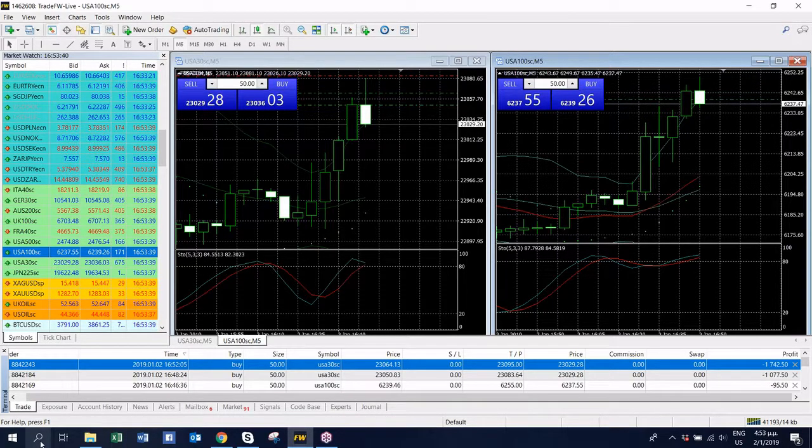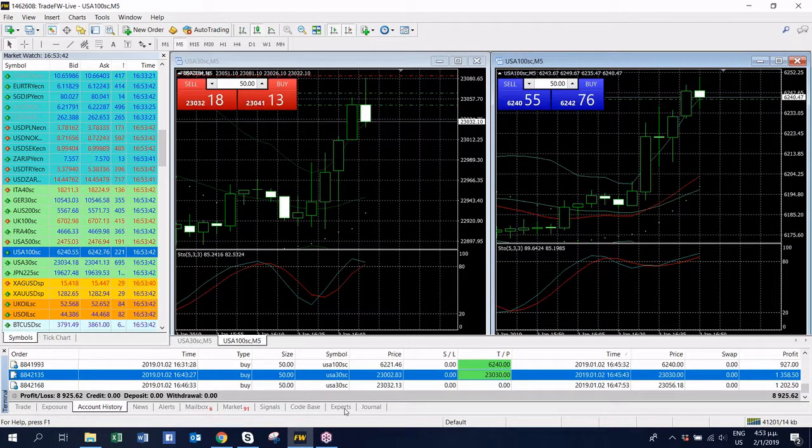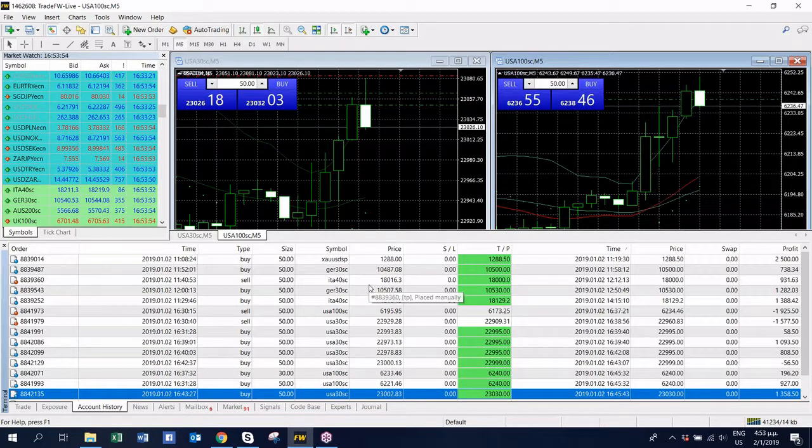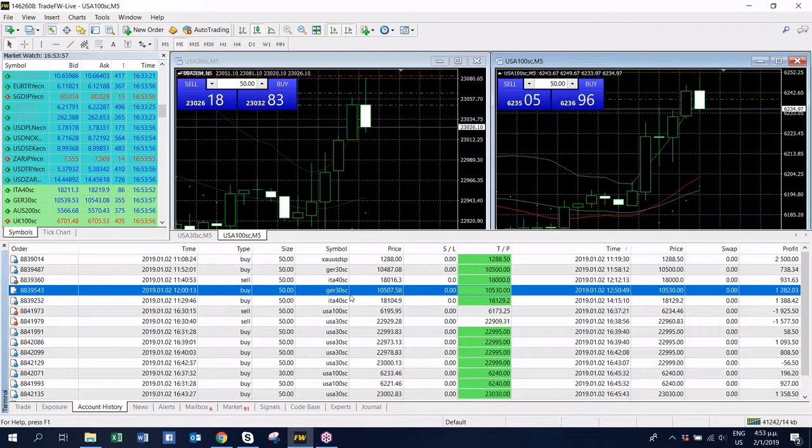However, guys, what I wanted to tell you before about Italy 40, let's leave these trades to develop, and I will tell you about Italy 40. As you know, during the morning session, we had 2 positions on Italy 40. We were hedged on Italy 40 because we opened first a sell position, and then we were not really satisfied about the movement. It made a huge move up, and I wanted to